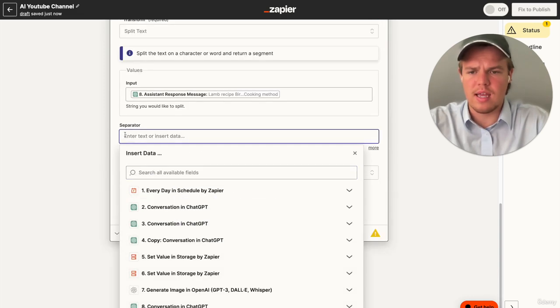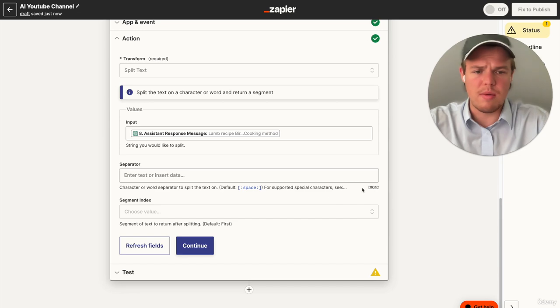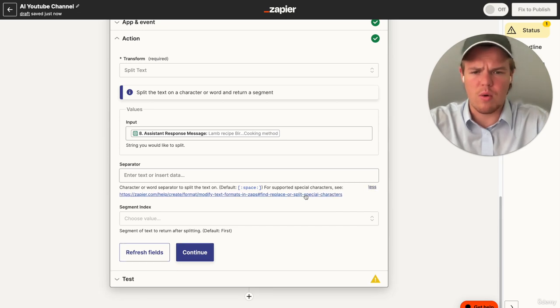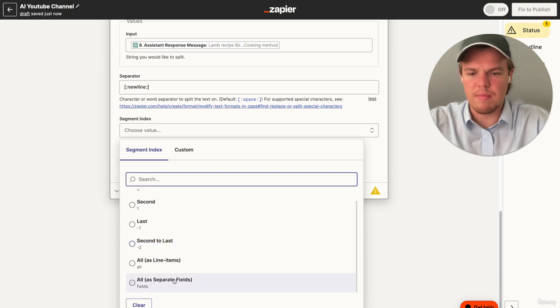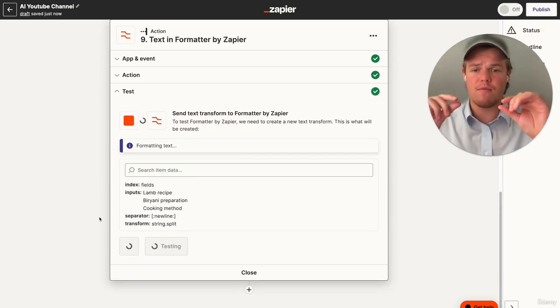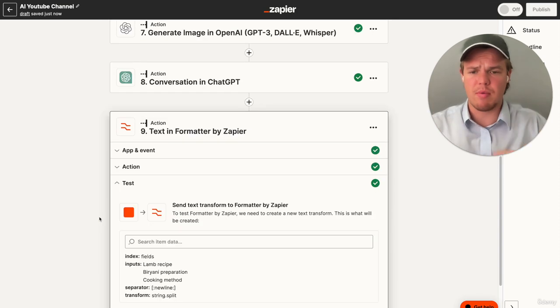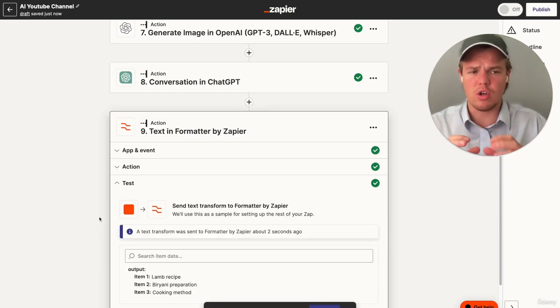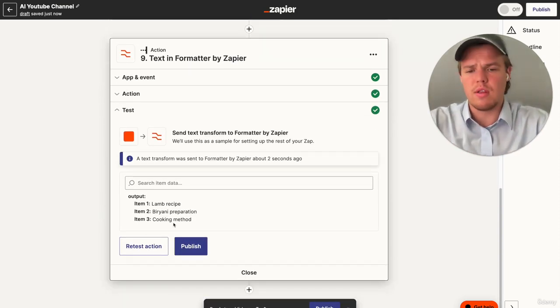And then we're going to go ahead and say the separator. It's going to basically be new line, but I'm going to grab the exact formatting right now. I'm going to go ahead and paste that, and then we're going to segment it so that basically all are separate fields. From here, we're going to test this action, and then basically every single one of those lines should be a separate variable, which will come into good use when we build out the Banner Bear